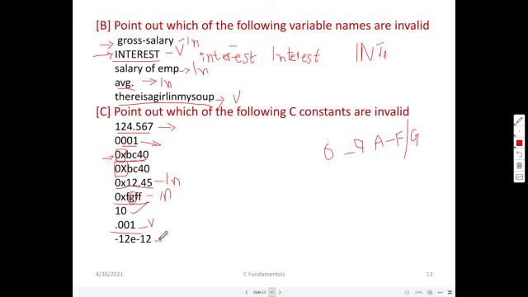Okay. And how about this minus 12 E minus 12? What is this? E has come. E is available in hexadecimal, but it is not preceded with 0x. Then what shall we do? Whether this is valid? Yes, it is valid, my dear friends. This is a float constant. Anything having a numeral, e, and another numeral is a float constant. Okay, so these are the various things I would like to give you today.